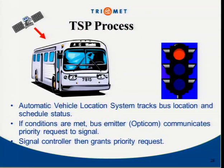So basically the way it works is we use the automatic vehicle location system to figure out whether the bus is late or not. It's one of the conditions that's required for the bus to actually get priority. If the bus meets various conditions, including being a certain amount late and being within the city of Portland right now, that's where we have the system, then the bus can send a message to the